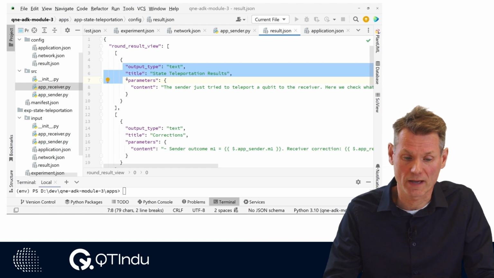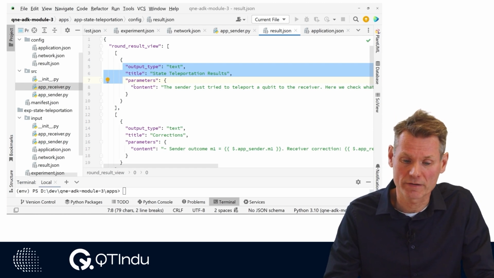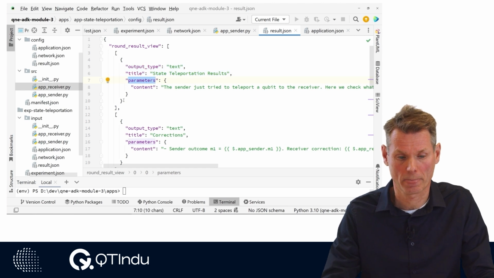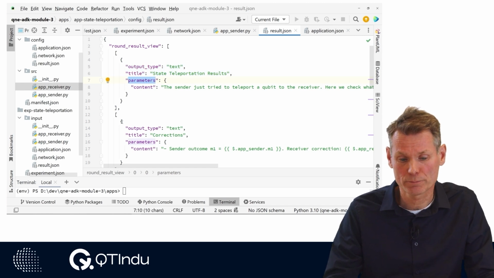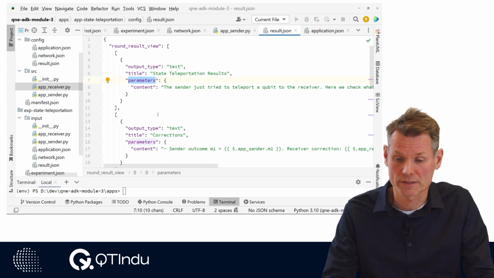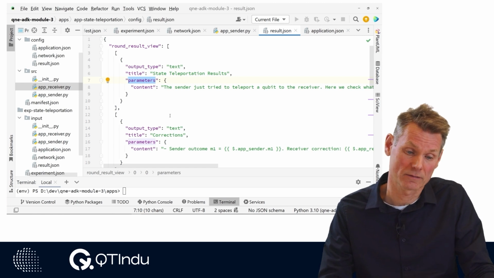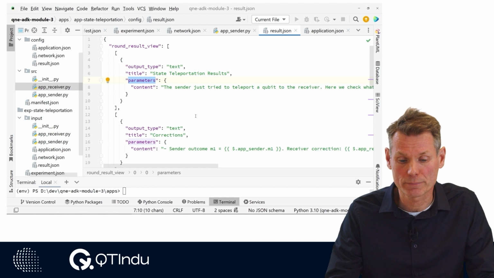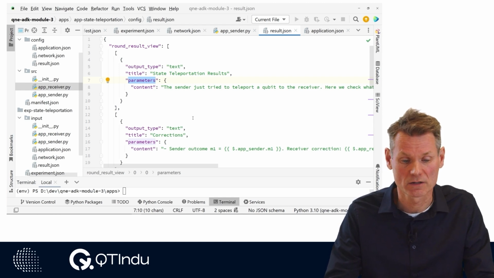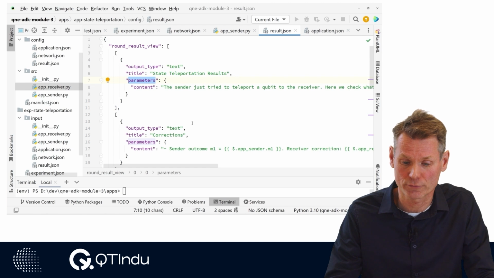Based on the output type of a block, extra configuration is expected as parameters. The web front-end implements a number of user interface components as output types that can be configured. Each output type needs one or more pieces of information defined as parameters to be able to present the result for this output type.